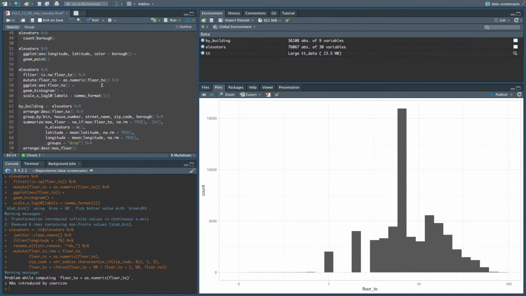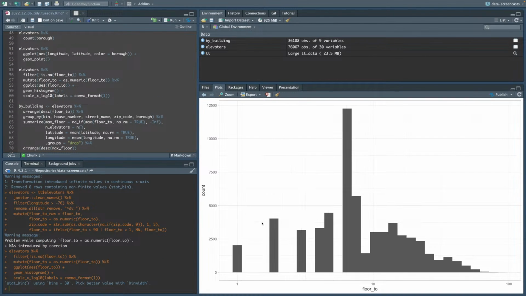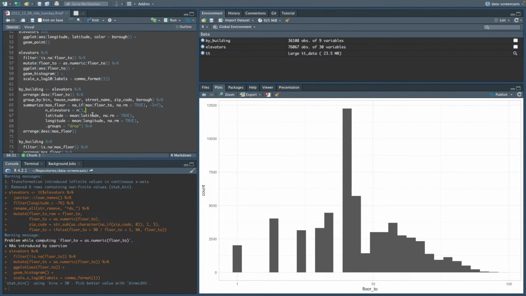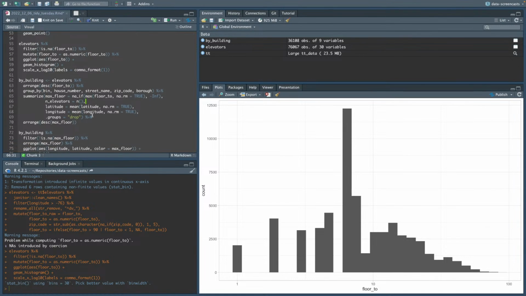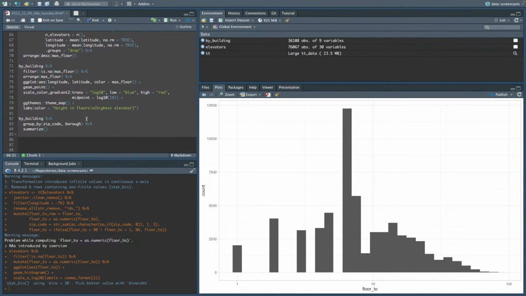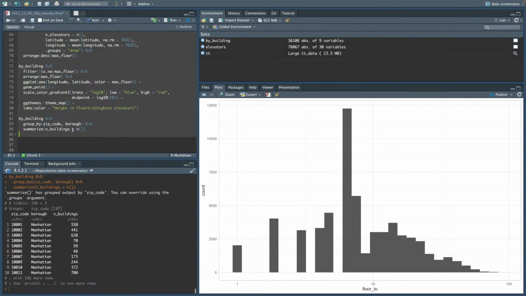So let's look at this histogram again. There's this distribution, and there's a spike. That's probably mostly the log shape. It's a mix of under 10, and then it drifts off with a long tail. For something like that, you could use the median. I would usually use the geometric mean. Let's set this up: n buildings is n, and